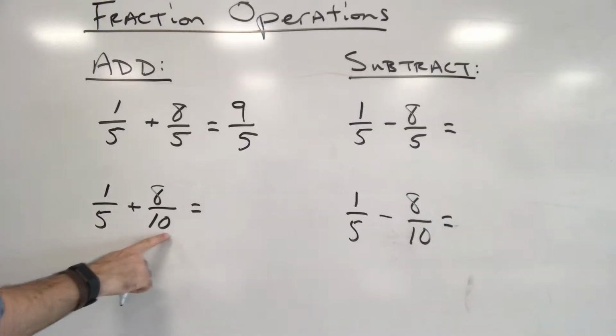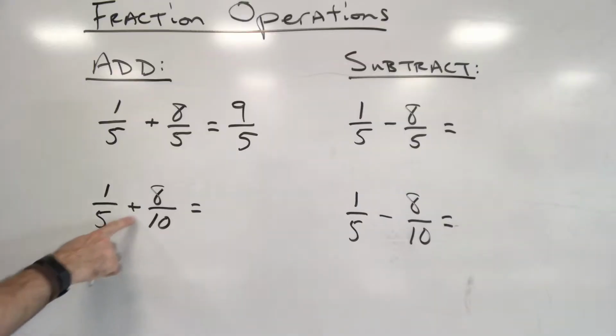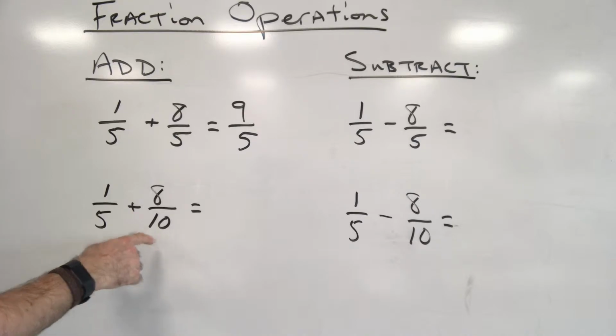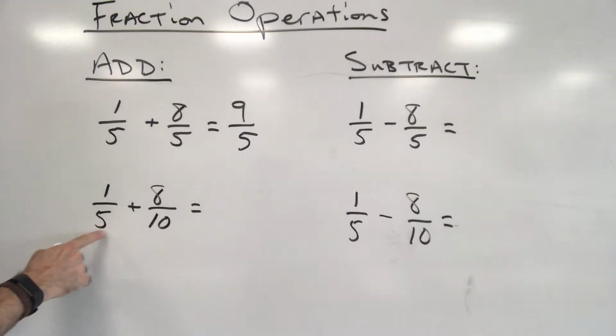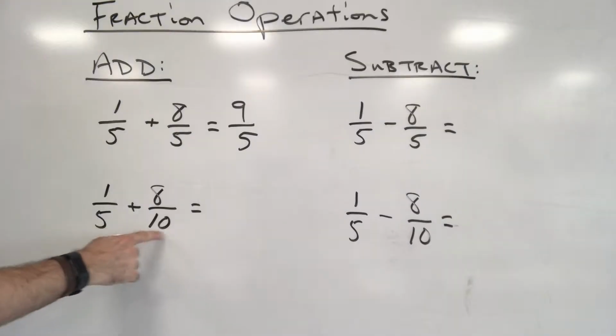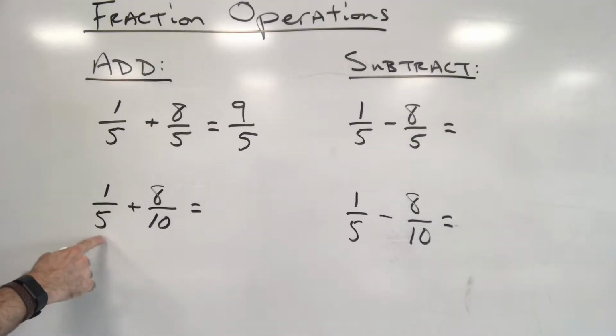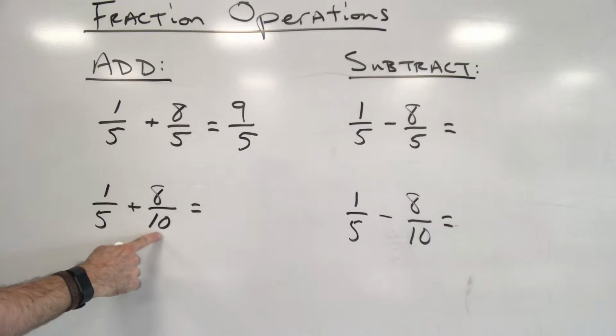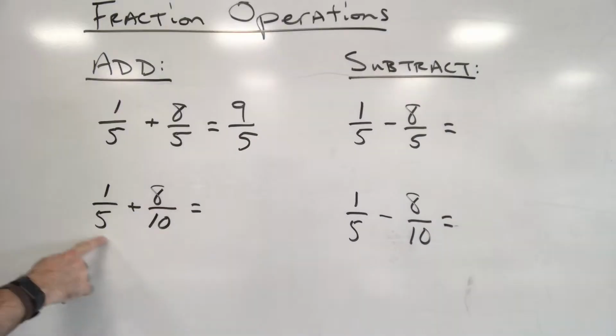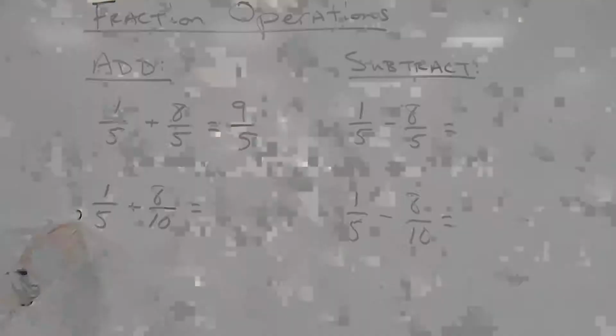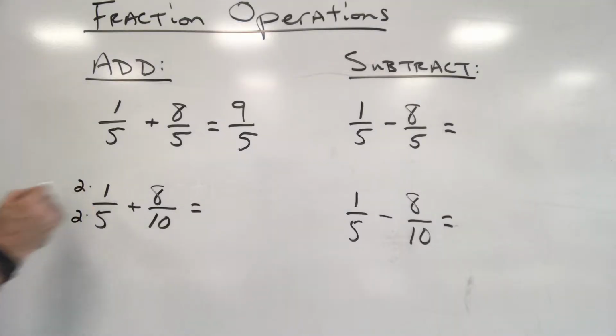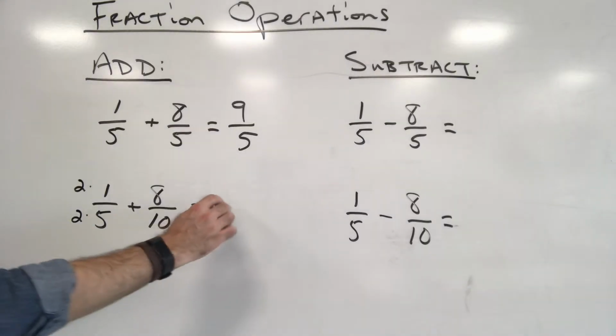I do not have common denominators here for 1/5 plus 8/10. It'll be easier if I get the common denominators. I look at the denominators and realize that the common denominator, the least common multiple that 5 and 10 have, would be 10. I need the same denominator. I can multiply the first fraction by 2 in the numerator and denominator to get a new fraction, and that would be